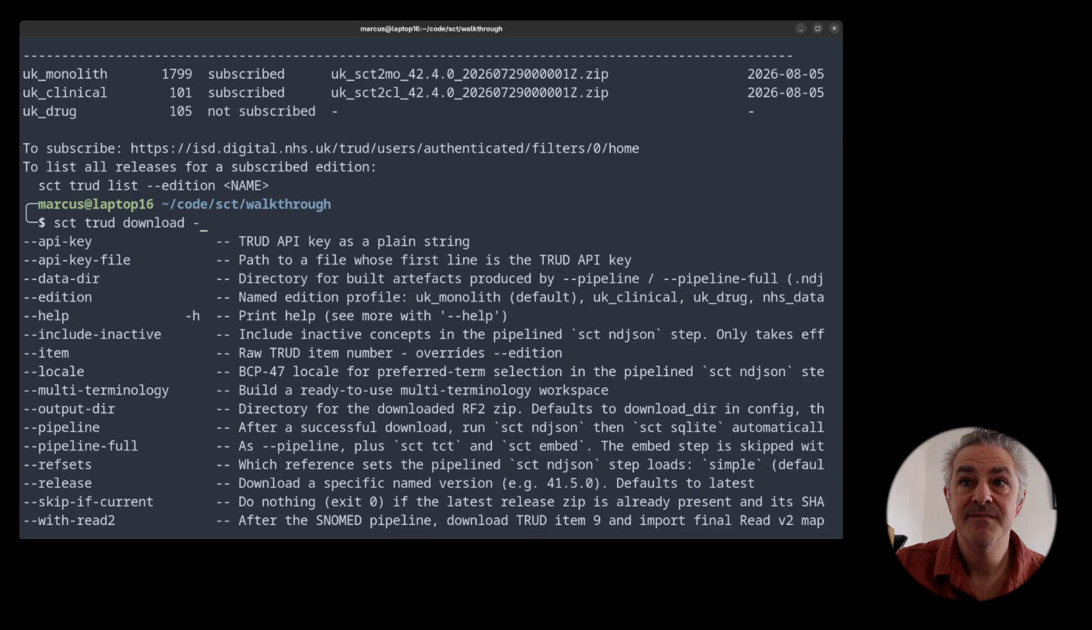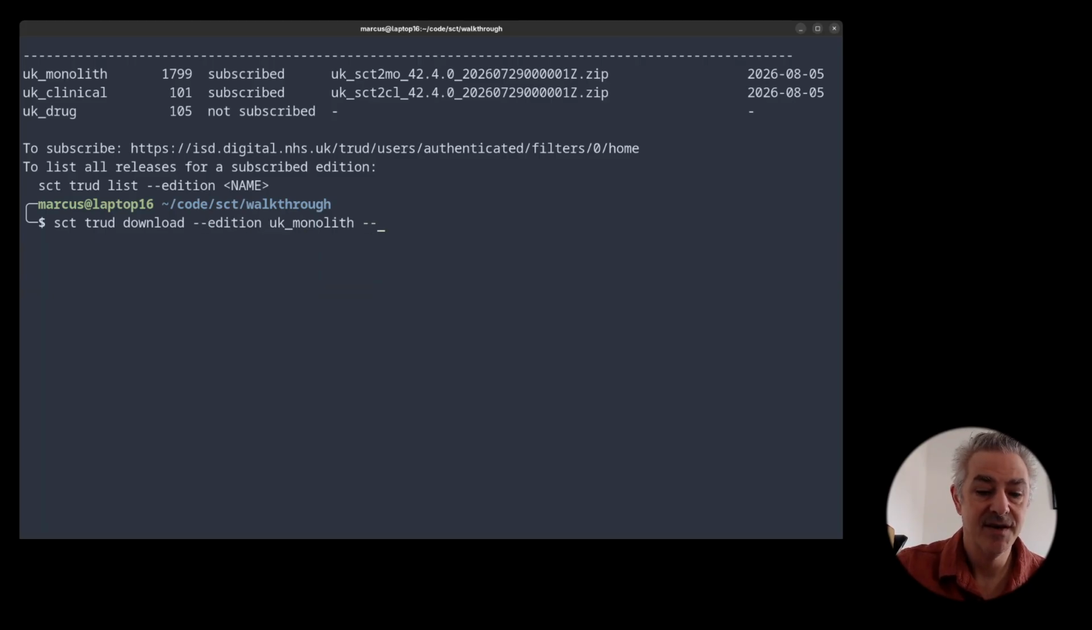It gives me some options here, and what I would suggest is, firstly, if you tell it to download the UK monolith edition, UK monolith and pipeline, that will do all of the things that you need. So it will download the zip from TRUD, unzip it, turn it into NDJSON, and then do the SQLite database. So it gets you in one command from nothing to a full usable set of tools. It takes a little while, so I'm not going to do that in the video, but that's the command that